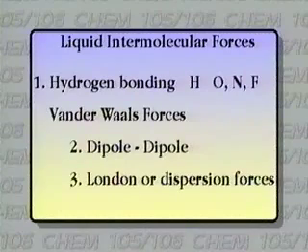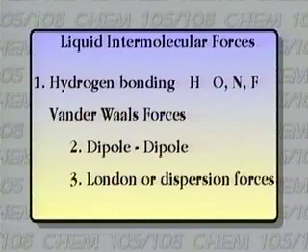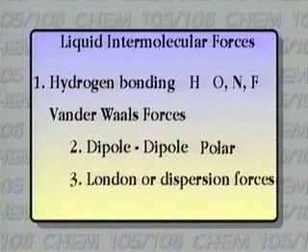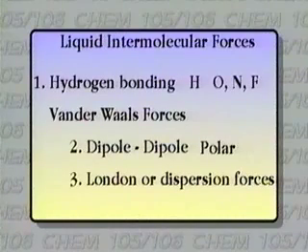We have dipole-dipole forces, which exist in molecules that are permanently polar. And then we have London or dispersion forces, which exist in all types of matter, in other words, in all